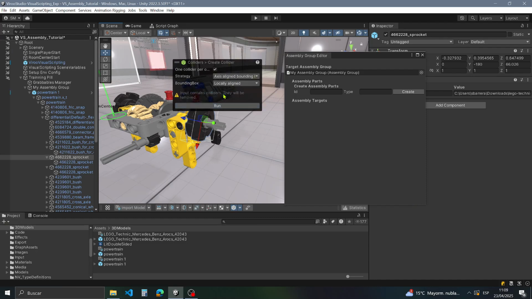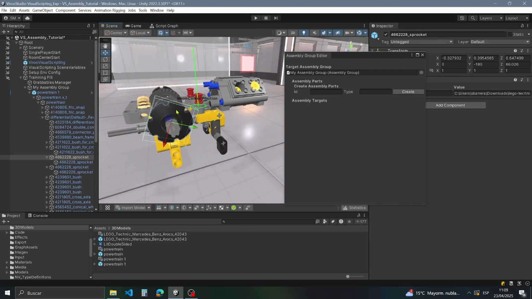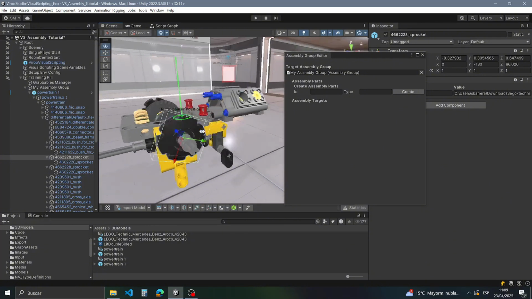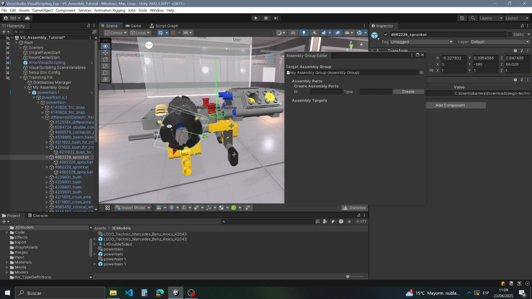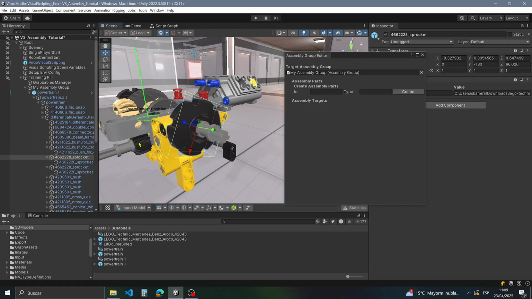Then I hit run, and I'm going to hide it, and what I have is a collider which is aligned with that transform here. So it's the minimum bounding box for that mesh. Once I have that,